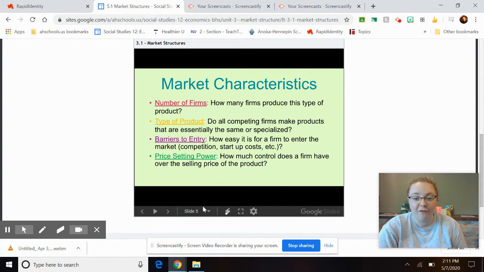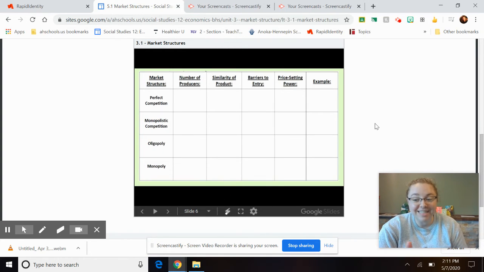So this is the table I was referring to right here, that table right there. So I would highly recommend, again, pausing this and writing this in your notebook. You need this chart. I believe there's a filled-in chart at the end that you can just copy down into your notebook, but for right now, you're gonna want this.